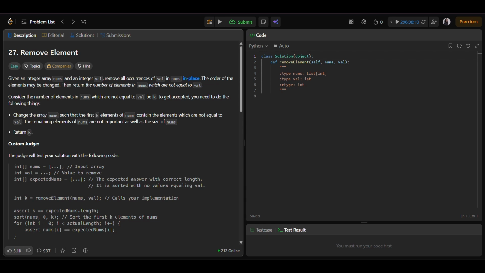So we have to consider the number of elements in nums which are not equal to val to be k. To get accepted, that is what they've given, and then we need to do the following conditions that they've given here. Change the array nums such that the first k elements of nums contain the elements which are not equal to val. The remaining elements of nums are not important as well as the size of nums, and then we